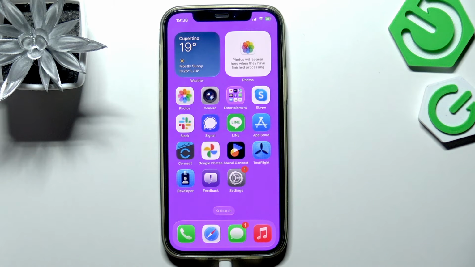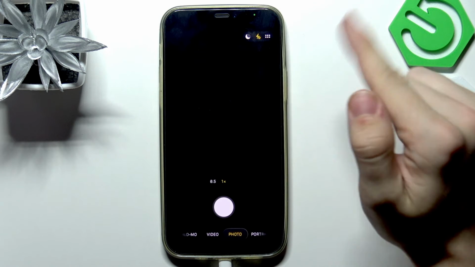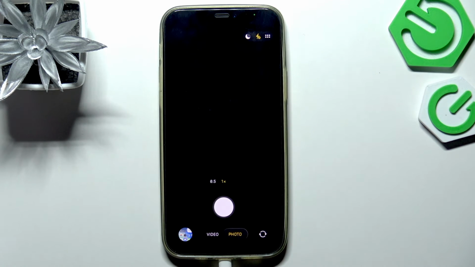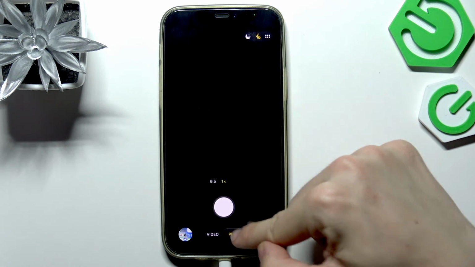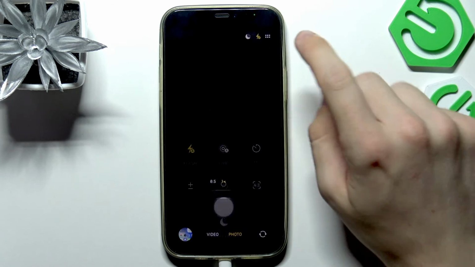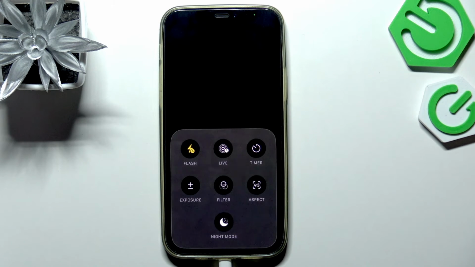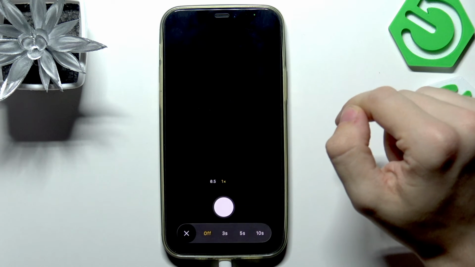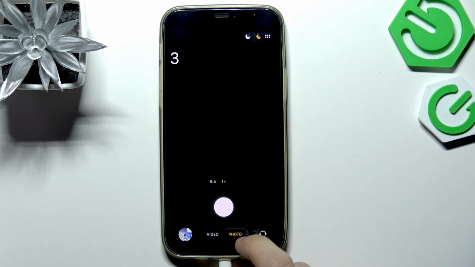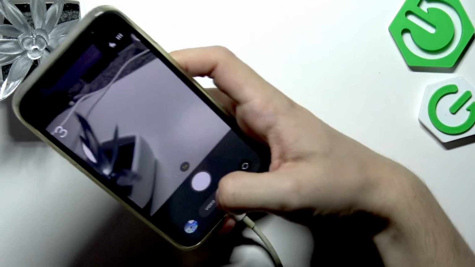If you want to set a camera timer, go to the camera app, then just continue, select probably the photo, right? Then click on it again and you'll see this screen, or click on these 6 circles in the top right corner, and now just select timer. You can very simply set it to whatever you like, and now as I start taking a photo, it'll count